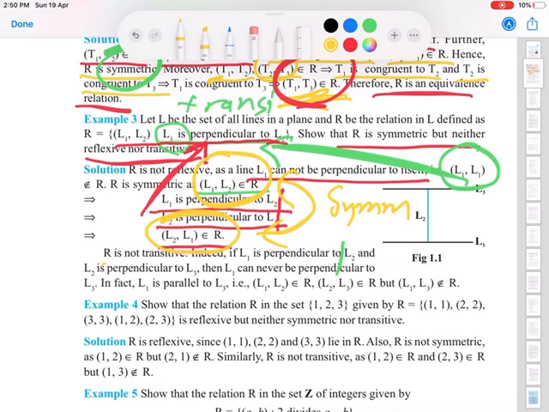Now the relation is not transitive. Why is it not transitive? Because if L1 is perpendicular to L2 and L2 is perpendicular to L3, then we can easily know that L1 will be parallel to L3 and not perpendicular. Therefore if (L1, L2) belongs to R and (L2, L3) belongs to R, then (L1, L3) will not belong to R, and therefore the relation cannot be transitive. So these are a few examples which will